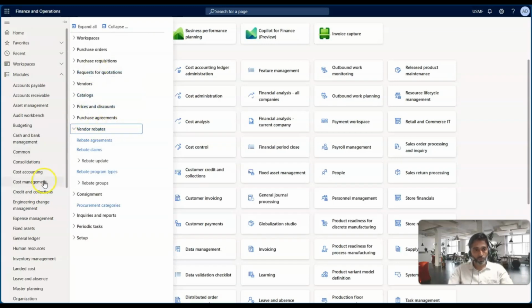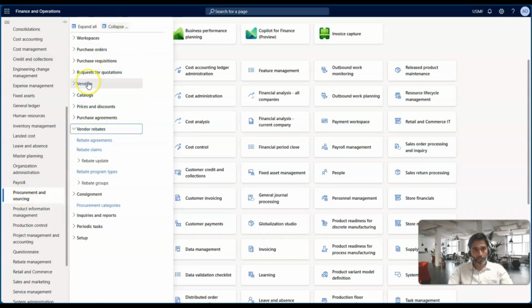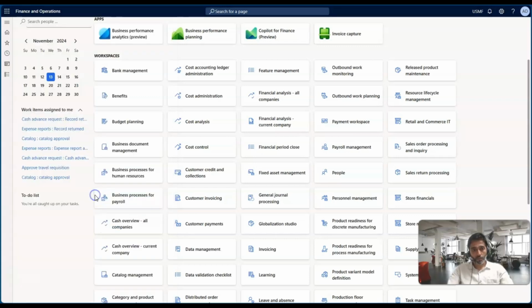So here also, if you go to procurement and sourcing module under vendor rebates, you can generate rebate groups under the section where you can create these groups at the item level or at the vendor level. So let's say if you create a rebate group for the item,